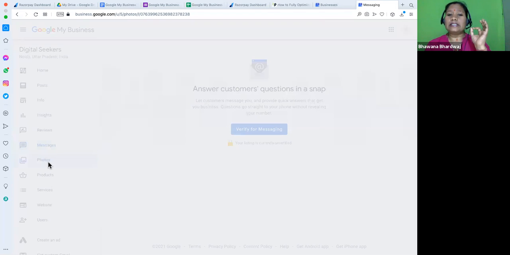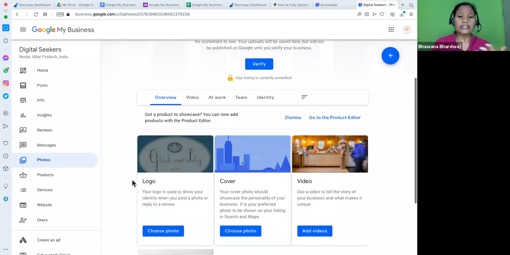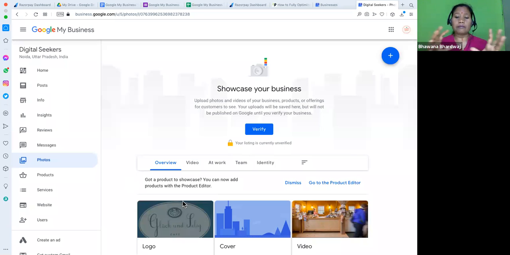Photo is, once your listing is done, this should be your regular activity, to provide the latest photos to Google My Business. Google is looking at how they should feel the physicality, they should feel that physically you exist. So how many photos can you update? A photo is not about one thing. Photos about your brand, your cover, your video, inside your building, how your building looks from inside, how it looks from outside, what your posters are. So all kinds of photos, your team working together, you serving your client, those photographs.